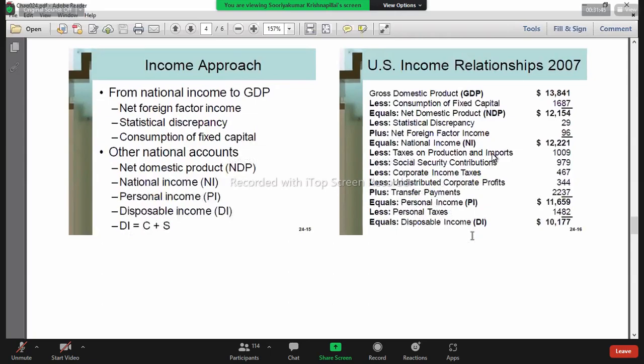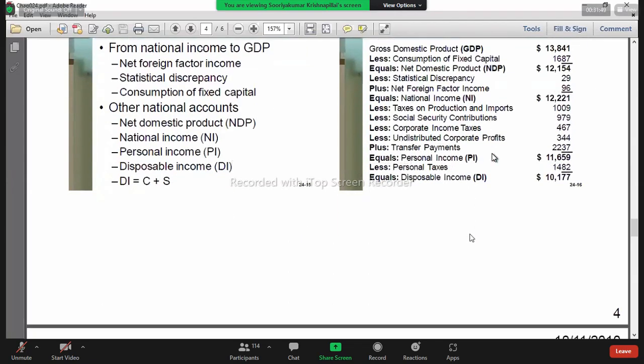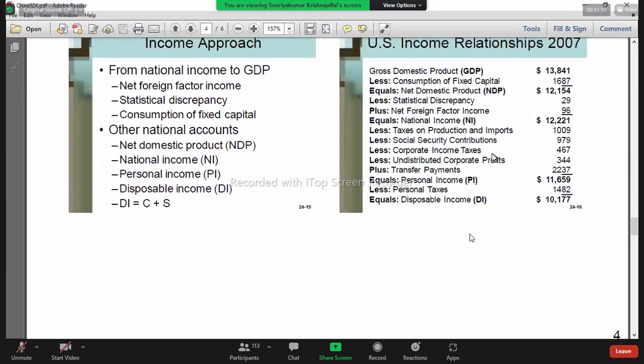So the two methods we use, the income approach and the expenditure approach, measure the GDP. You should know the difference between GDP, domestic product, and national income. National income may be greater than GDP, because national income is for all the